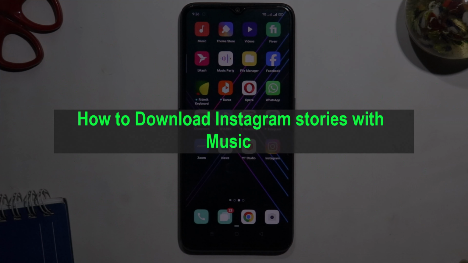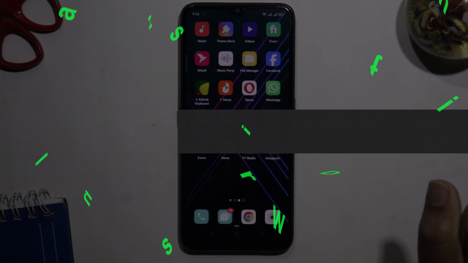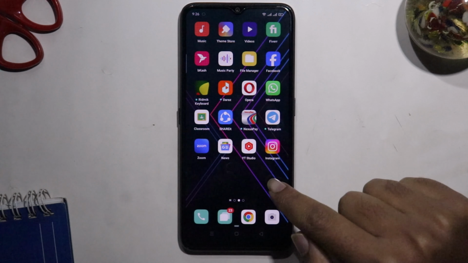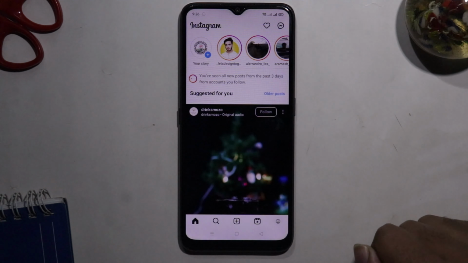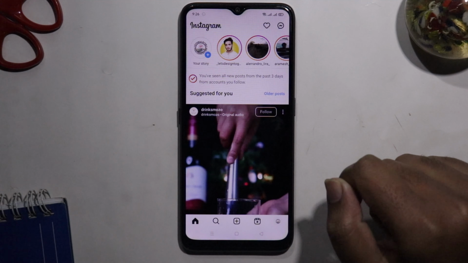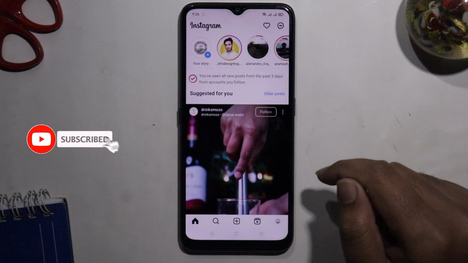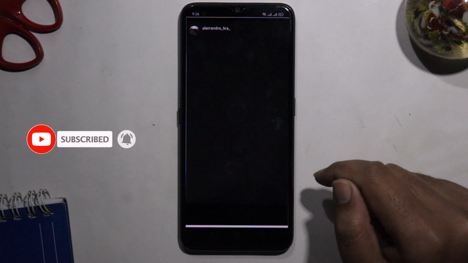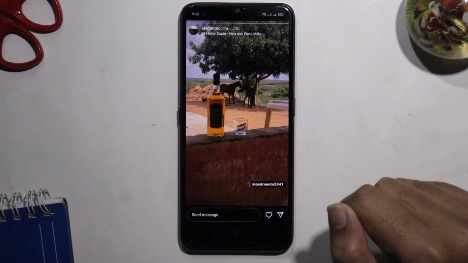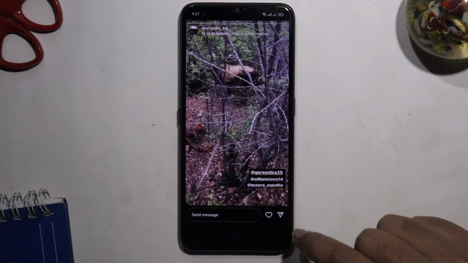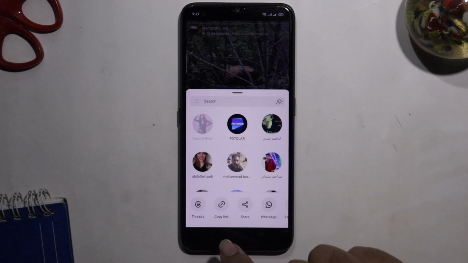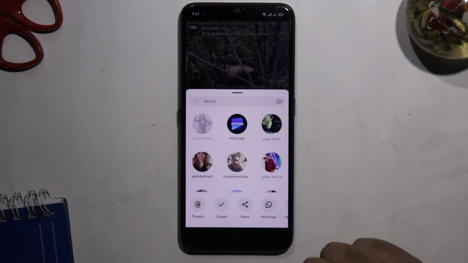In today's video I'm gonna show you how to download Instagram story with music. So first of all, open Instagram account. Now I'm opening it and select a story. Now I'm selecting this story and click on the arrow icon and then copy link